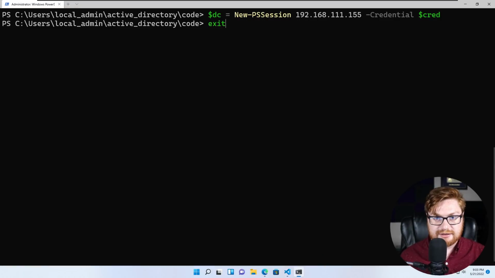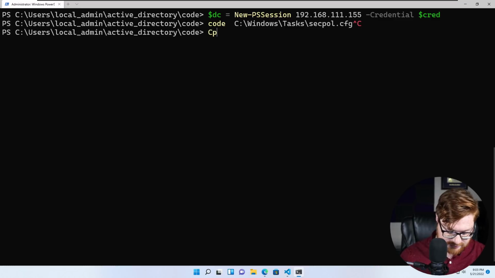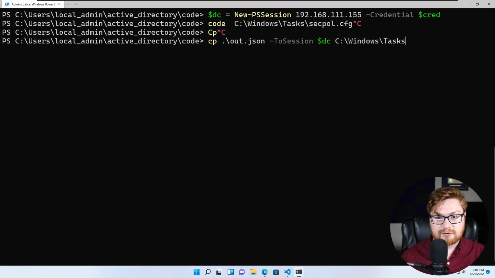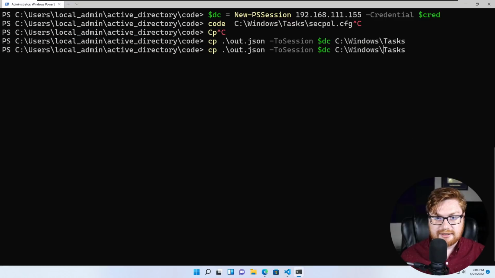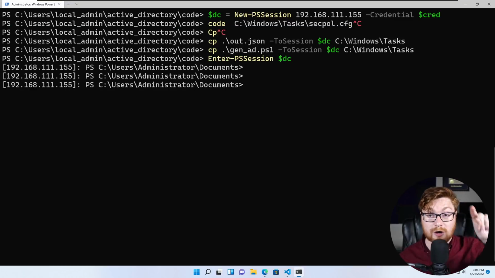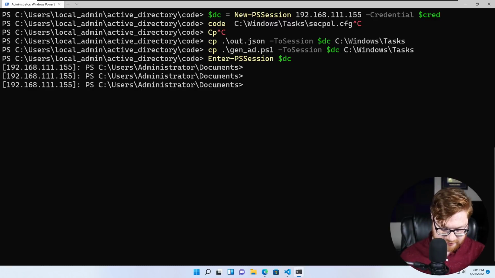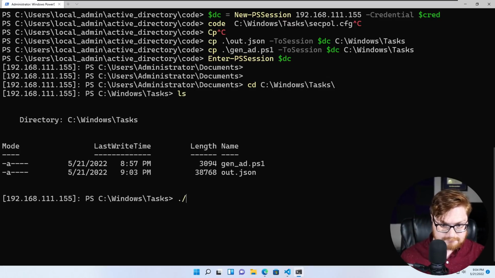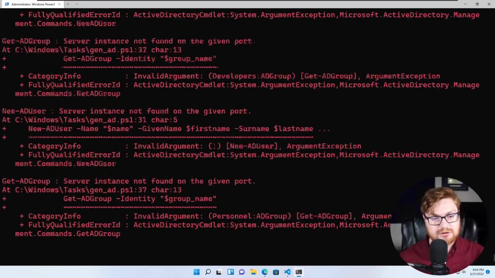So our machine had started back up. And let's just, hang on, I can copy item, right? Out.json and our gen AD script. Good. Now let's enter PS session DC. I'm using Control R, by the way, to be able to reverse search my command history. Let's move into Windows tasks. Let's gen AD based off of our out.json, and that